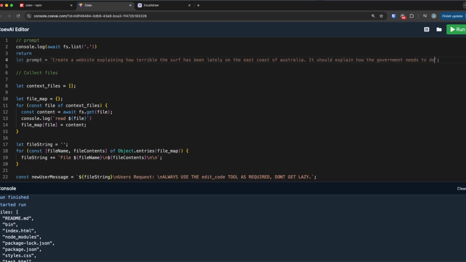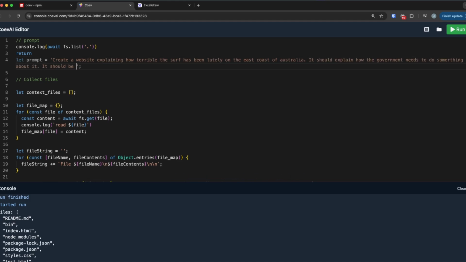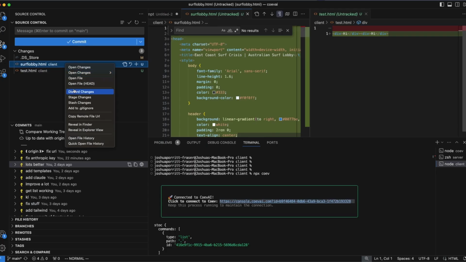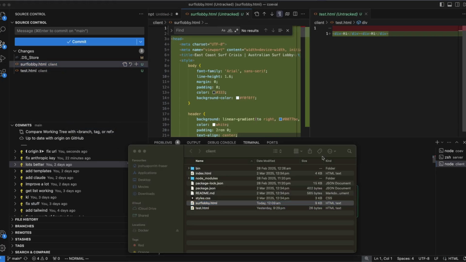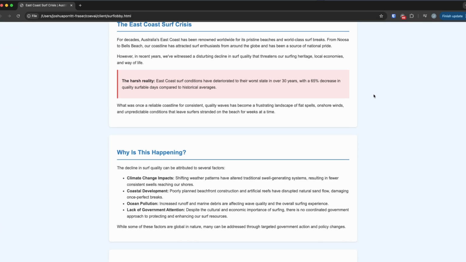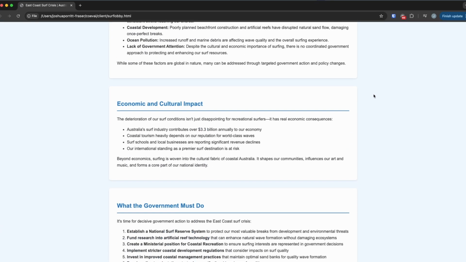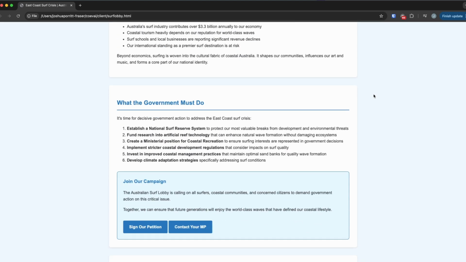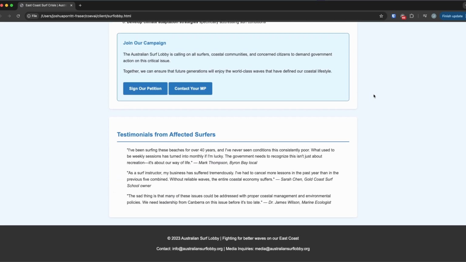So I'm going to ask it to generate a nice website that I can use to lobby my local government to subsidize wave pools. You can see from this, it's generated a nice website with various arguments, similar to the sort of output you'll get out of Cursor or V0 or any of these other platforms, but we built the entire thing ourselves, and we're only paying for the price of the Claude API, which is way cheaper than all